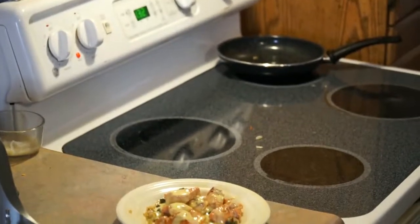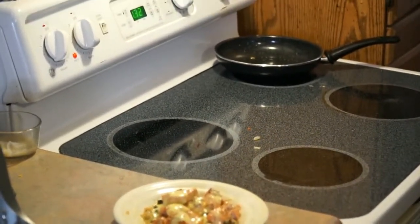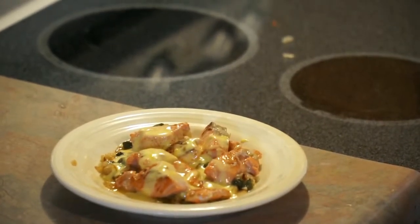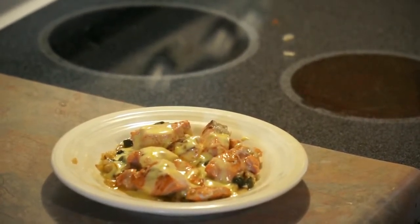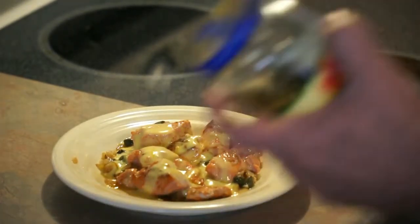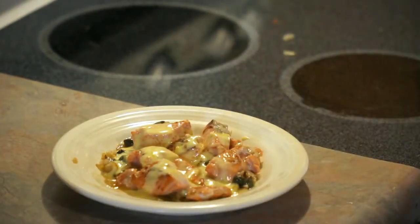So I thought I was recording, and maybe I wasn't this whole time. That sucks. So anyway, I took the rest of my Hollandaise sauce. I think I'm just gonna have to do this over again. Added some capers and forget